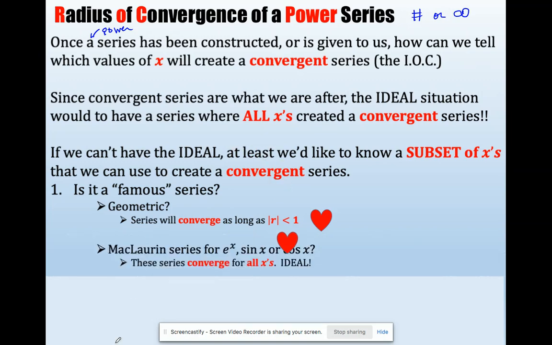Actually, I straight up just get the interval of convergence from that. Is it Maclaurin or a manipulation of Maclaurin, right? Is it e to the x squared? Is it 3 times sine x? Is it x squared times cosine x, right? These are the series that converge for all x's. I don't need the ratio test. But if I don't have my famous series,